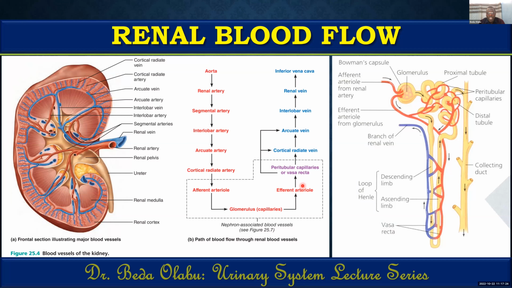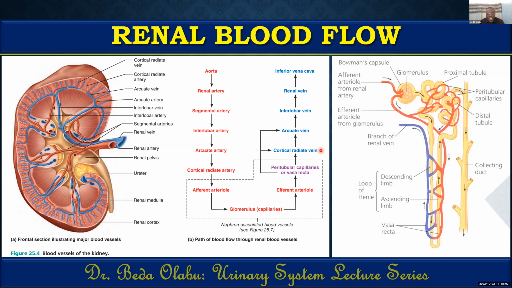The efferent arteriole then gives you capillaries. Some of these capillaries will go around the loop of Henle, hence termed the vasa recta. And some of them just go around the proximal and the distal convoluted tubules, simply called the peritubular capillaries. Whether through the vasa recta or peritubular capillaries, these blood vessels then coalesce to form venules and then veins, eventually